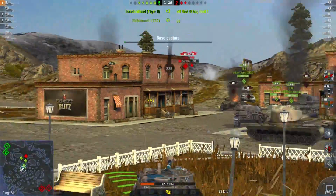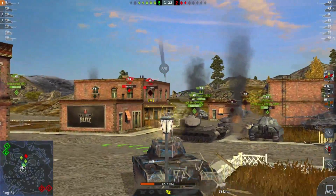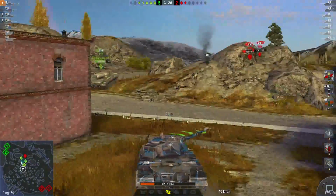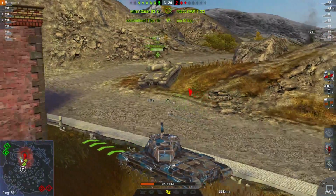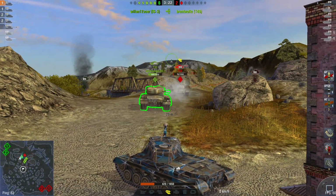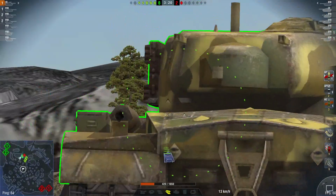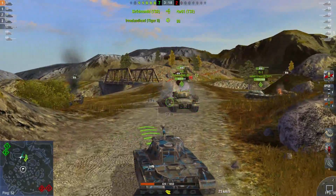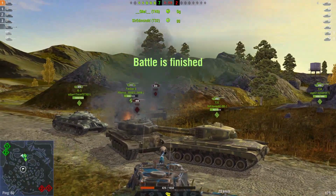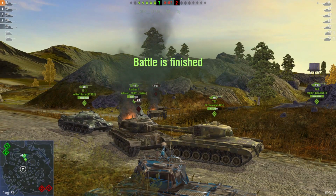APCR, pen, and that's a T49 using the 90mm. T49 is a useless tank now. But where was I? 90 times 36. Excuse me, I almost sneezed there. Which, you know, not professional. 9 times 36 is, doing math, is 300 and...